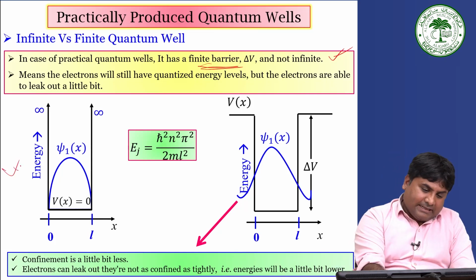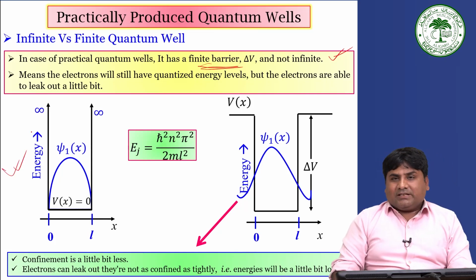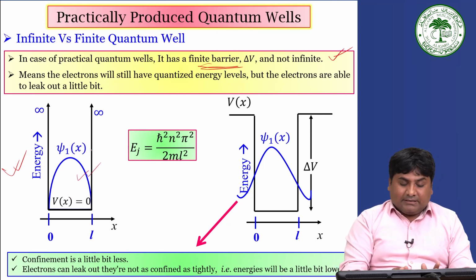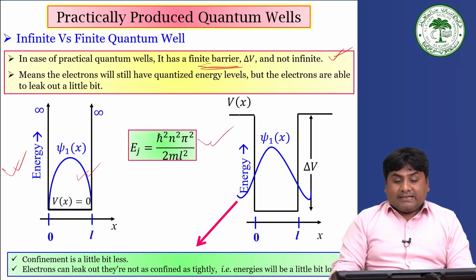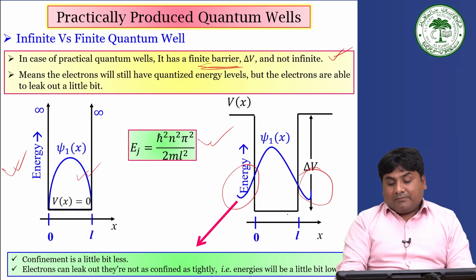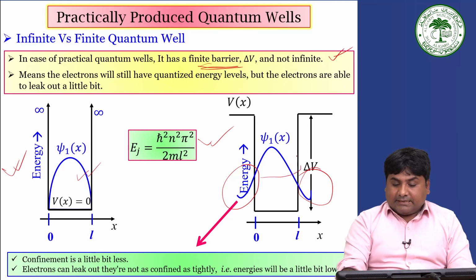So you can see that when you confine an electron in a 1D type box, there is a region 0 to L, and inside this V(x) is 0. You see this type of wave function. In the case of an infinite barrier, your energy levels are also given by this. But in practically developed quantum wells, the wave leaks outside. In the case of finite barriers, it leaks out somewhat outside, but it still has quantized energy